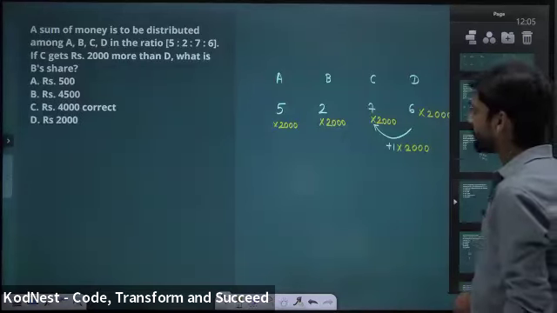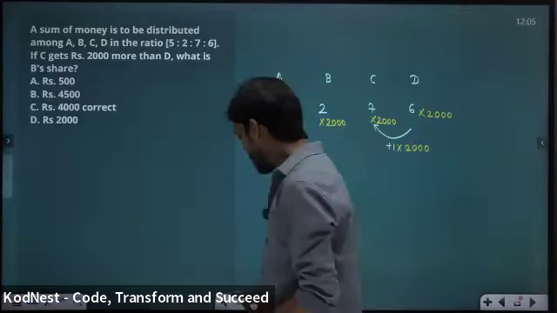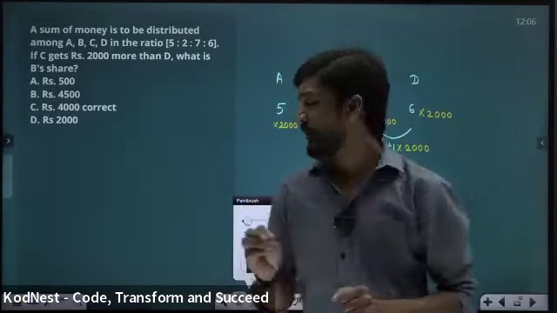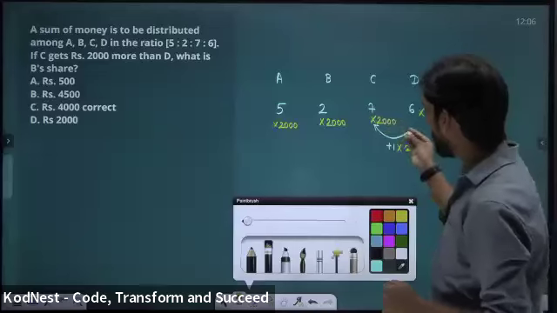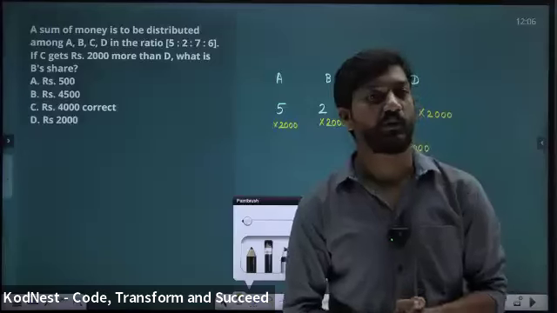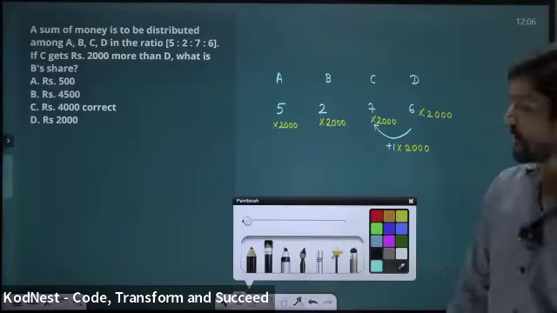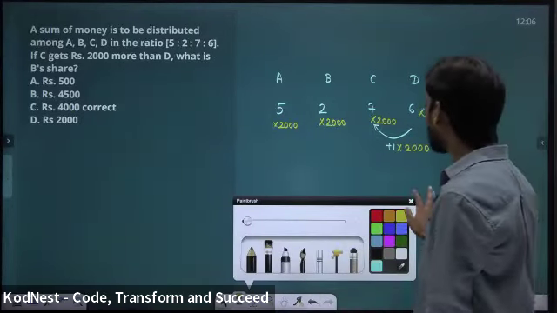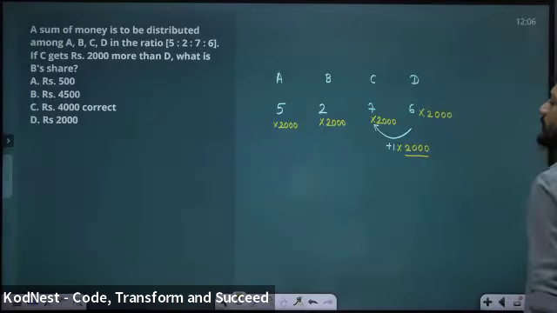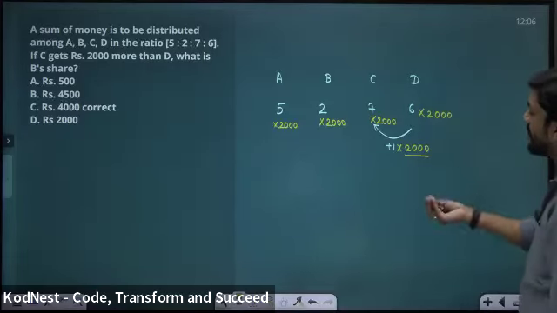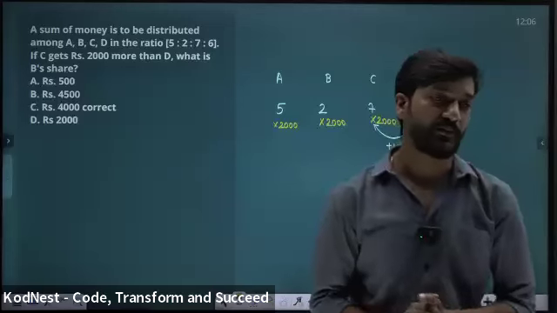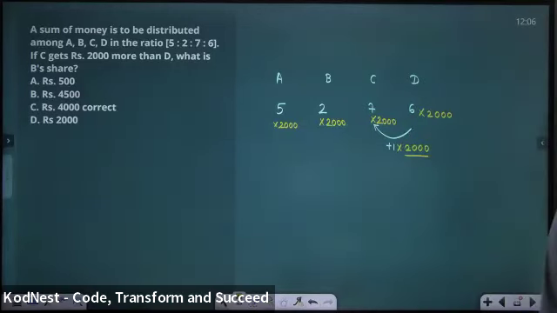All right. So please remember these tricks. And remember this also, whether you solve it without a variable or with the variable, the approach is nearly 99% the same. Yes, B's value will be 4000. So if I take a variable x, x will come out to be 2000. So we are thinking x without taking x. This is x only.